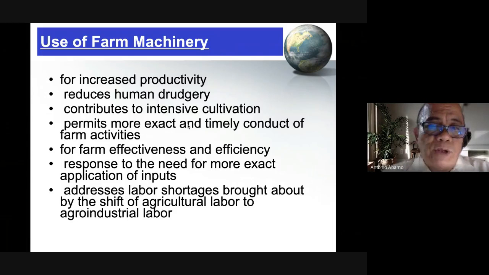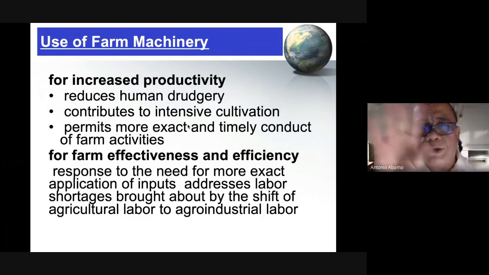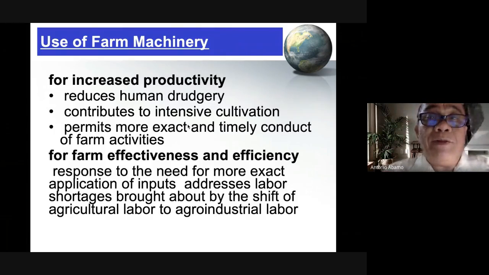No, it's brought about by the shift from agricultural labor, plainly human power, to agro-industrial. Okay. In the case of increasing productivity, of course, we have discussed that it reduces human drudgery, no, and of course, for farm effectiveness, it is going to provide the ability to shift from agricultural labor to agro-industrial labor, no, and then